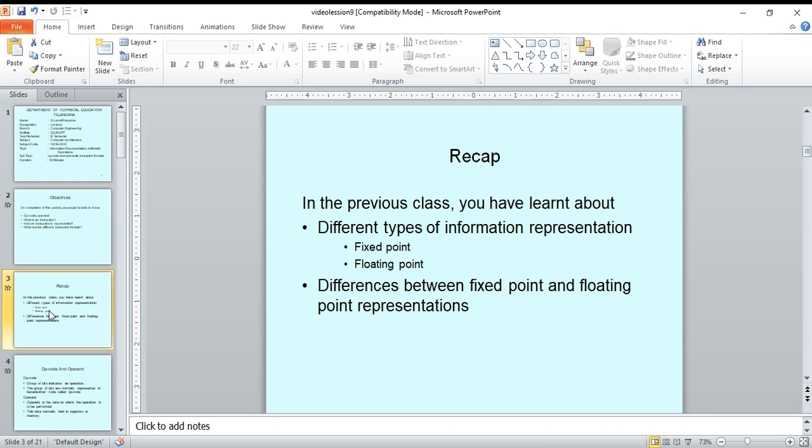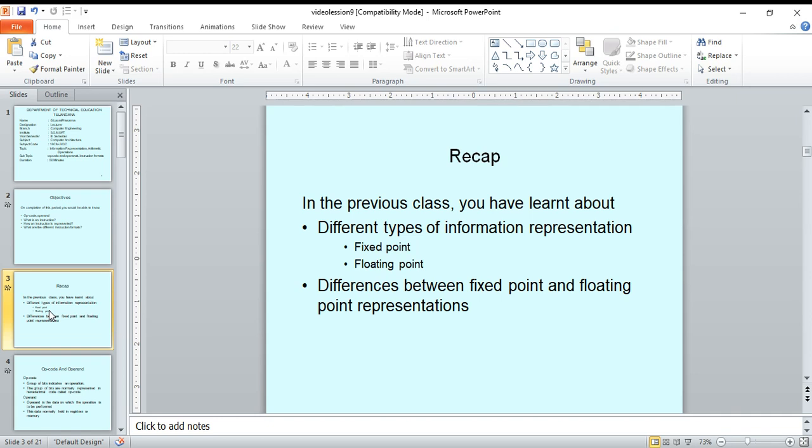Every data can be represented in the form of mantissa and e to the power of exponent. Here the base is nothing but the base of that number. Here also you can represent the binary data and decimal data. If it is binary data, the base is 2. If it is decimal data, then the base is 10. That is the floating point representation.